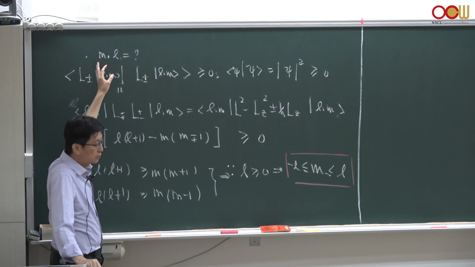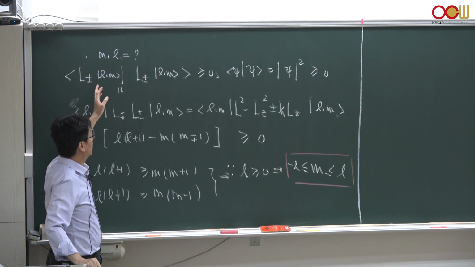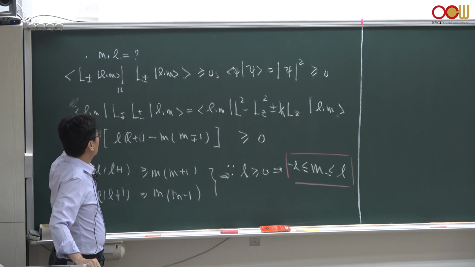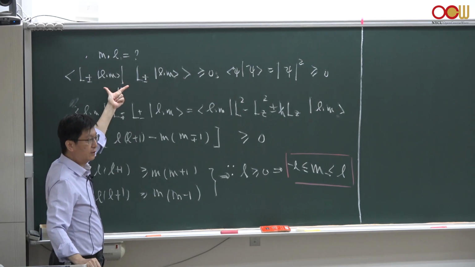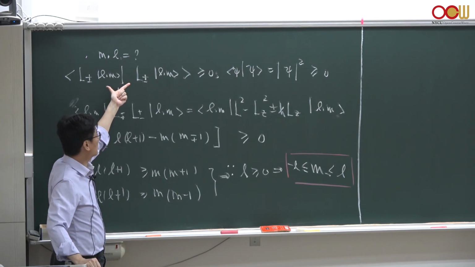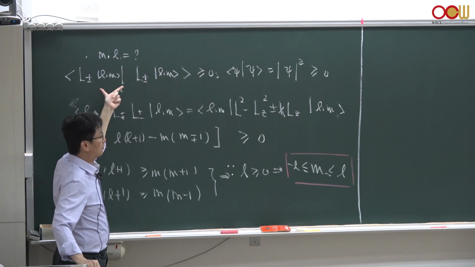So let's figure out the relations between M and L, and also the possible values of M. To see this, we need to go back to this identity or inequality here. Suppose I simply put two states together. One is the Dirac ket state and another is the Dirac bra state, but this bra state is made of the same thing,